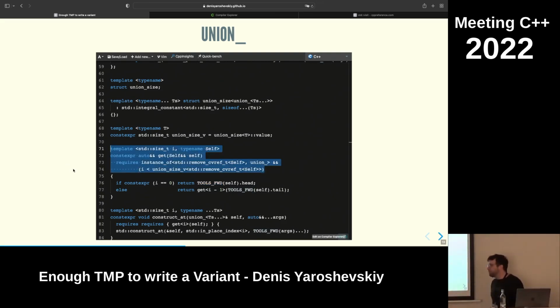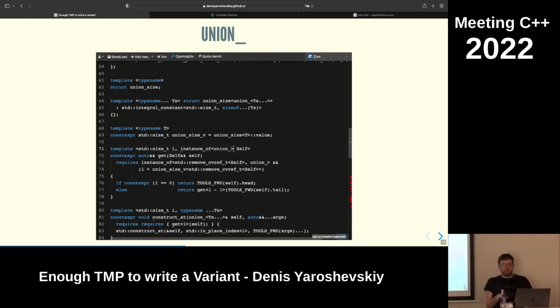Why do we want requirements? Well, because everybody has a get, and your gets will clash, so you really want to have some sort of constraints. So this is only this get matches. In theory, I could say, right, instance of union. That would be my expectation, that I could have said that. Unfortunately, this will not compile because of how perfect forwarding works. Nico mentioned that in his keynote yesterday a little bit as well. Basically, self here will deduce not as a union, but it will deduce as union reference sometimes.